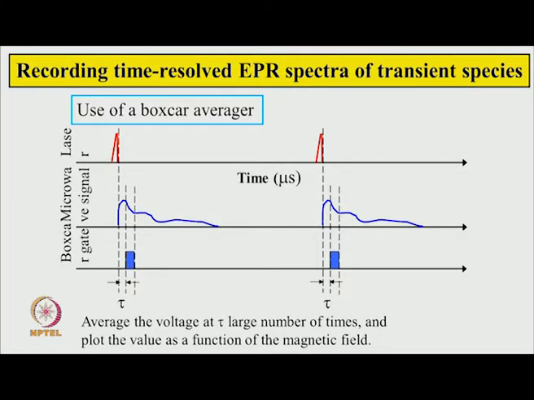Now, to get the EPR spectrum of this radical just at the time they are created by laser light, we have a pulse laser which is repeated again and again. We look at the microwave signal and try to get a snapshot of the voltage at a given time after the laser pulse, and then average this voltage after every laser pulse to improve the signal to noise ratio using a boxcar averager. So, we get a spectrum that will be characteristic of whatever it is at a given time after the laser pulse. We call this the time resolved EPR spectrum of the transient species.